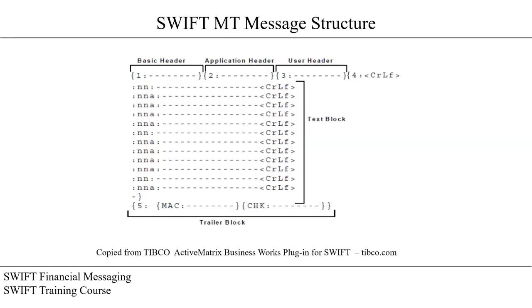So what does the Swift MT message structure look like? On the screen, the diagram below is an example of the basic format of the message. Normally, if you're using a back office to generate your payments, the system would normally include the header tags and the trailer within the message, and the text block, which is the body of the